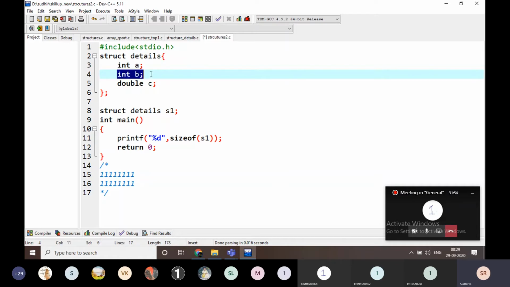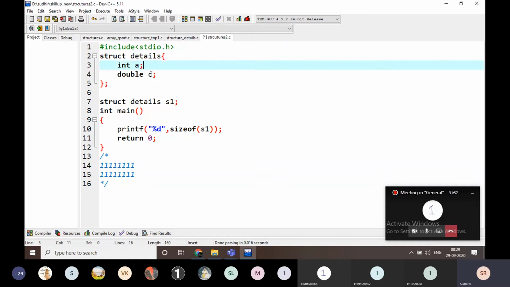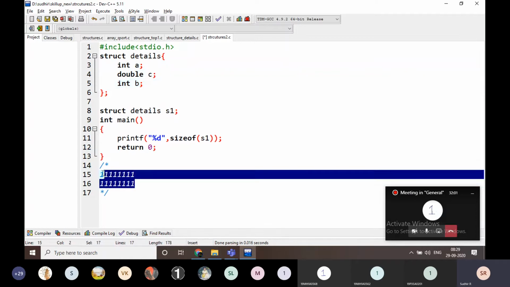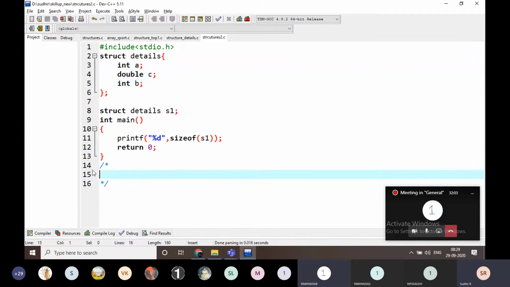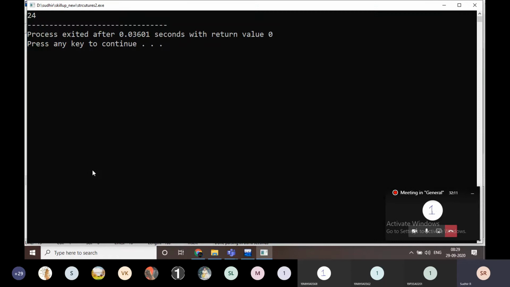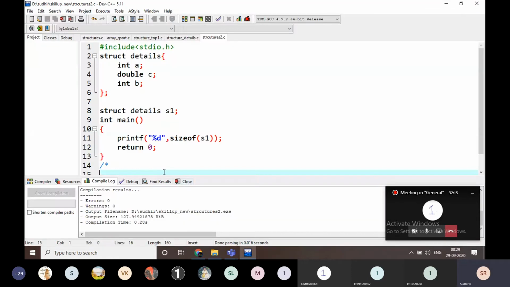For example, if I change the position of b here, what is the output now? 24, sir. 3 8s are 24. No doubt about that, it is going to be 24. I think it is clear to everyone, right? Why?